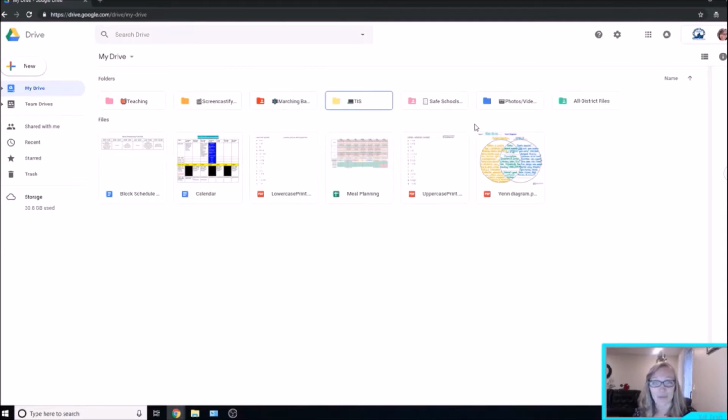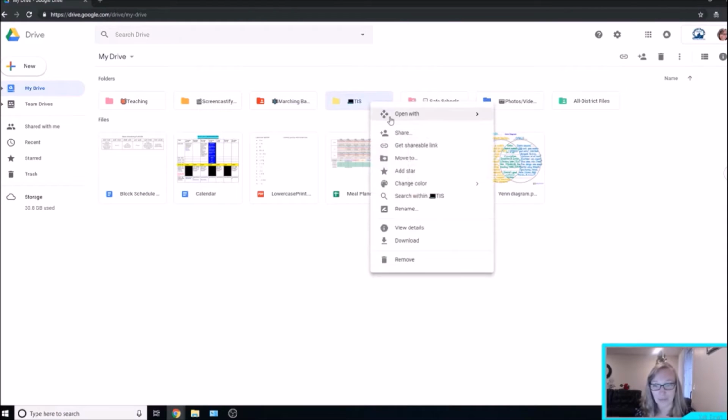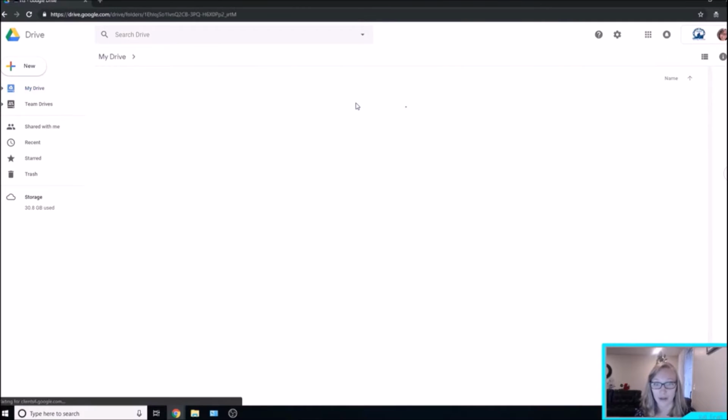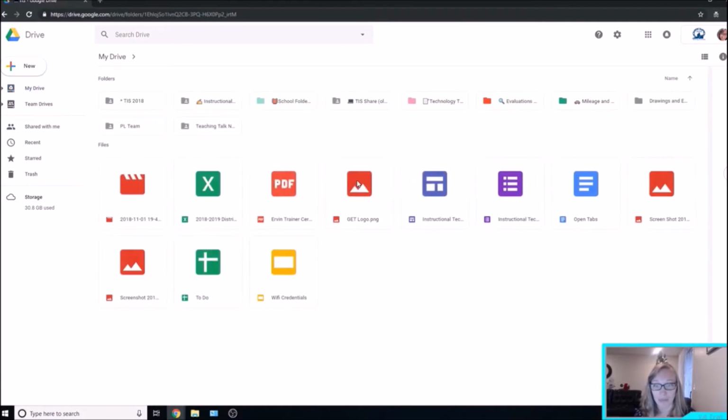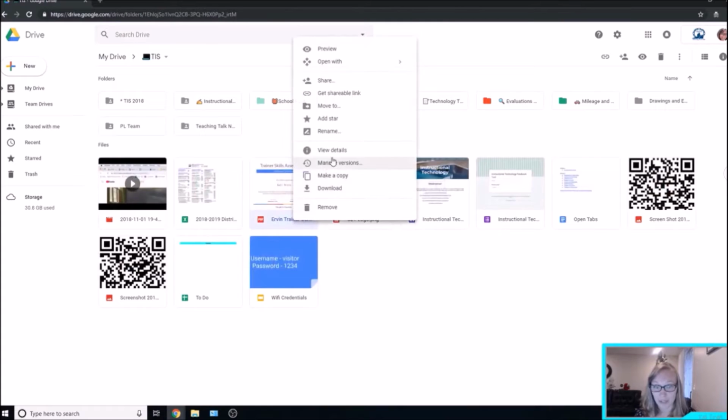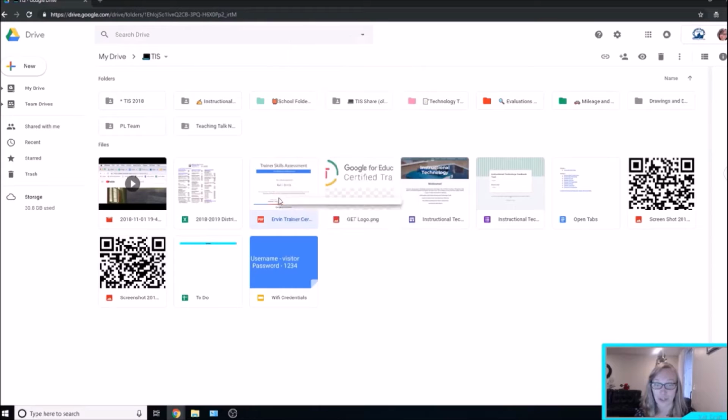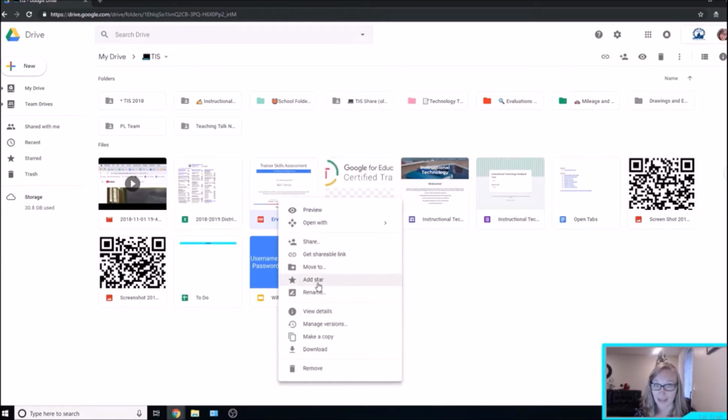So in my drive, you can see that I've got all my files and folders pulled up. And so from here, remember, you can save any file or folder with a star. So if I'm just looking at my drive screen, then I can right click on an item, and there's where I can add a star to that item. So I can add a star and it would star this entire folder, or I can go into my folder and maybe find a specific item that I want to star, and I can add the star that way too. So all I did was just right click on it and click add star,